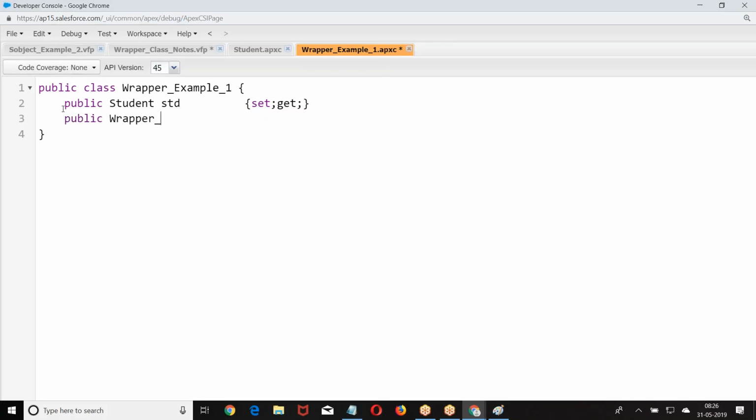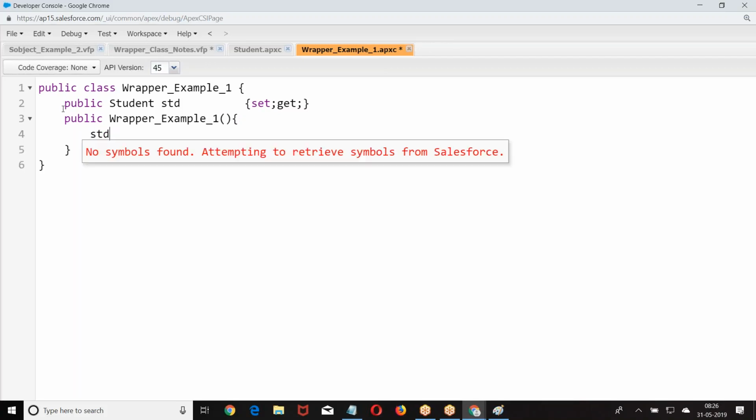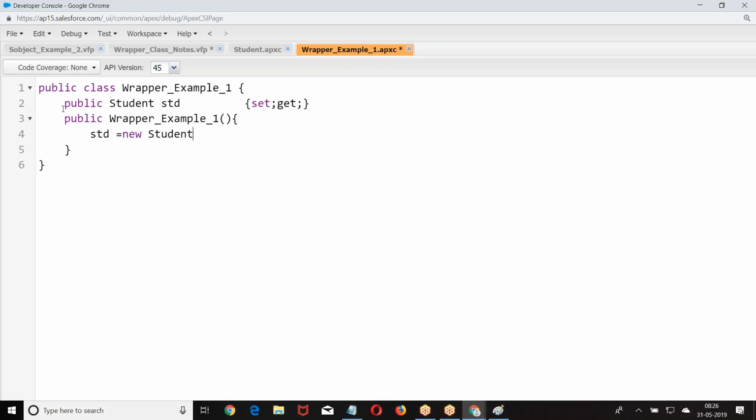First, we are supposed to create the object. Then we are going to enter the data. Now, I want to put the data.